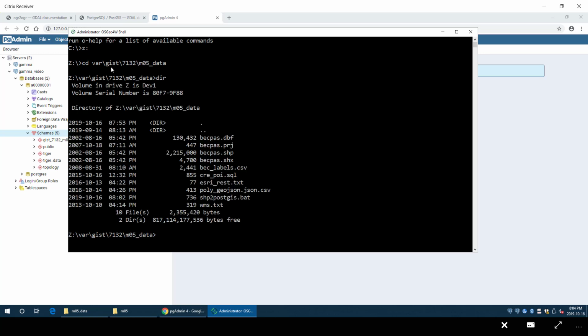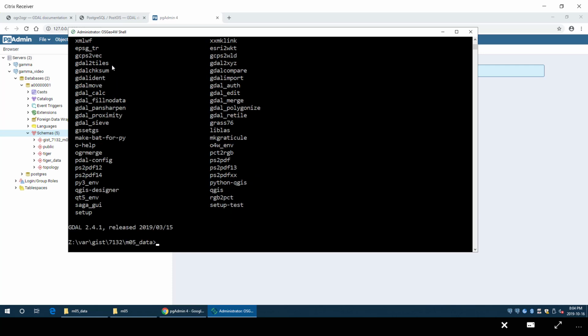I can see the shp to postgis batch file. So it's going to run ogr2ogr. Okay. We're in a special shell. If you look at the top, it says OSGeo4W shell. Right? It's got this o-help, which tells you all the open source commands that it has access to. So the one we're going to be using is ogr2ogr, but we're going to do it by running the batch file. So I'm going to go shp.bat